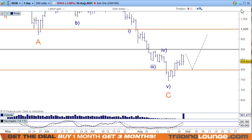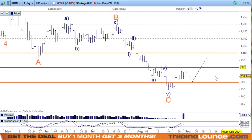But what I can also say is that from that low to that high there, the 61.8% is coming back at the 800. So we can stay bullish while the 800 stays as the support. It can pop through it a little bit, but we don't want it finding resistance at that point. So if we look at the US dollar index,